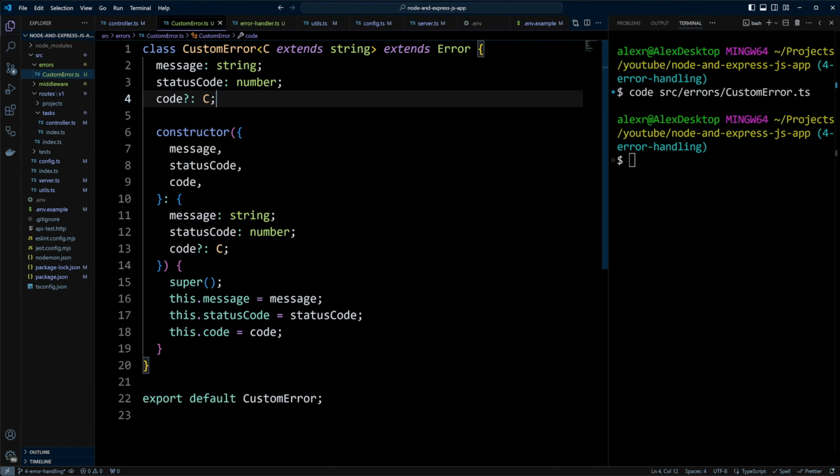The class uses a generic type C that extends string. This allows for custom error codes to be passed when creating an instance of the error. It has three properties: message, a string describing the error; statusCode, a number representing the HTTP status code, for example 404 for not found or 422 for unprocessable request; code, an optional property of type C for a custom